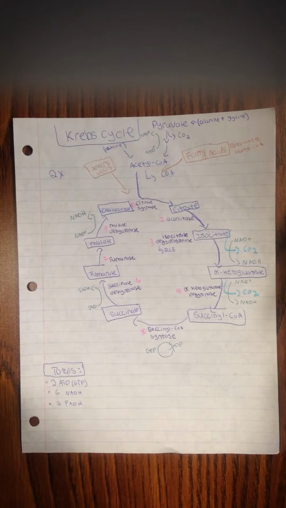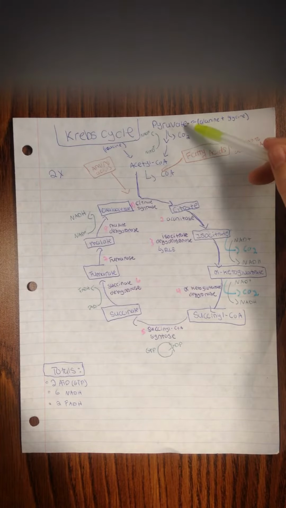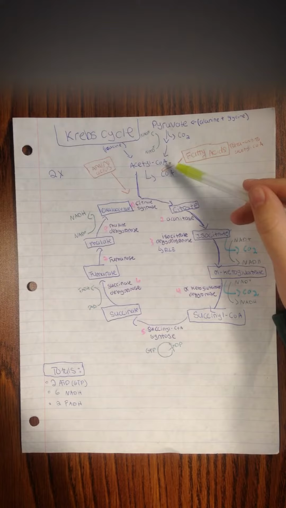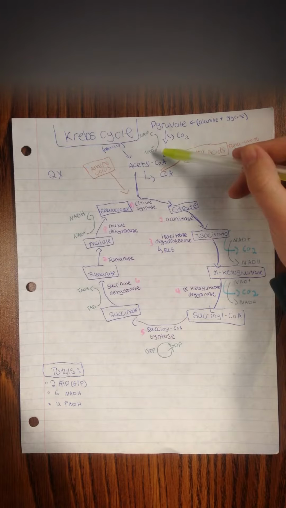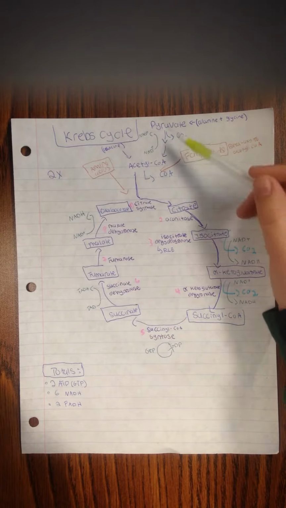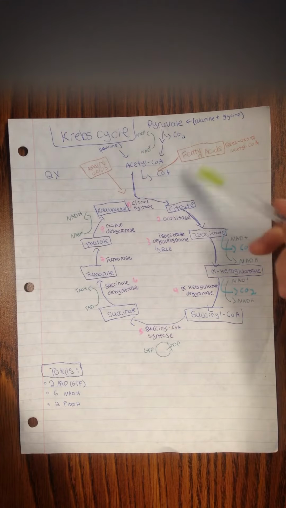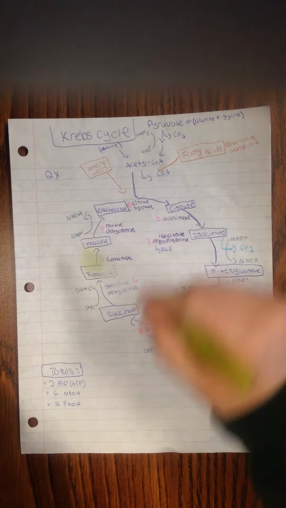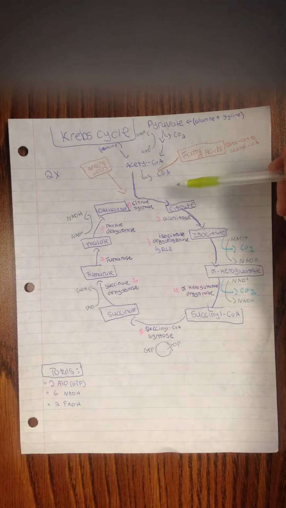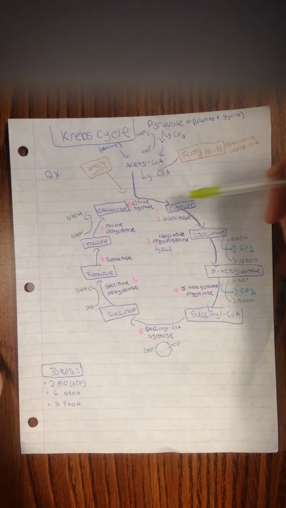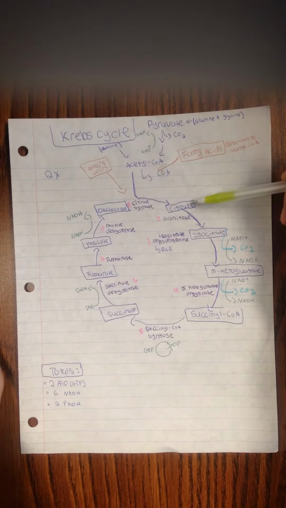So the Krebs cycle. For this, if oxygen is available, pyruvate will be converted into acetyl-CoA. In this process, we form a carbon dioxide, and NAD+ goes to NADH. Remember, from glycolysis we have 2 pyruvates, so we have 2 acetyl-CoAs, so this whole thing happens twice. So acetyl-CoA enters, and via citrate synthase, converts into citrate, and via